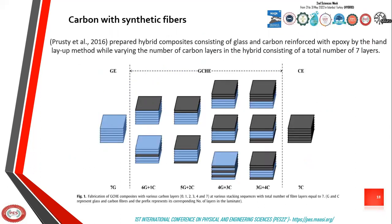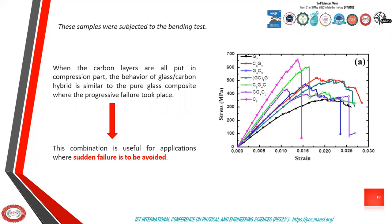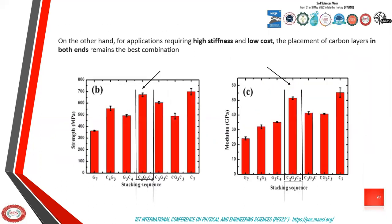In another study, they prepared hybrid composites consisting of glass and carbon reinforced with epoxy, this time using the hand layup method. And the samples were subjected to the bending test. Among the results, it was found that when the carbon layers are all put in the compression part, the behavior of the glass carbon hybrid is similar to the pure glass composite, where progressive failure took place. And this combination is of course useful for applications where sudden failure is to be avoided. On the other hand, for applications requiring high stiffness and low cost, the placement of carbon layers at both ends